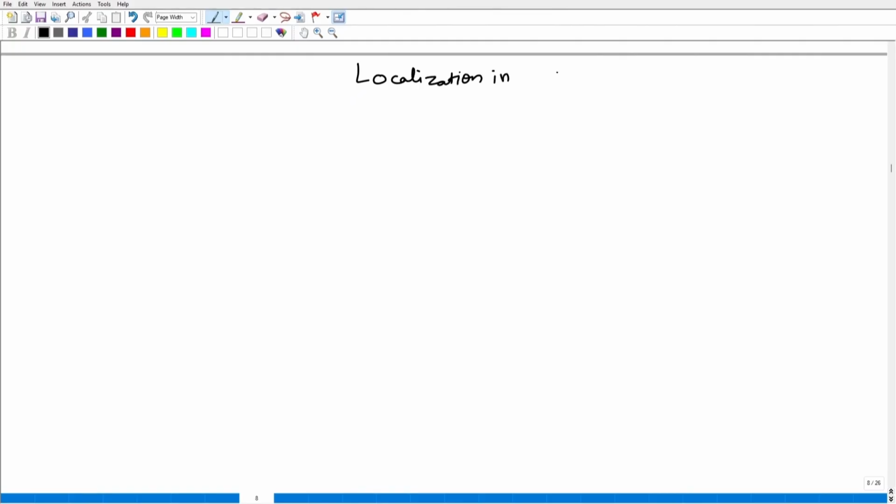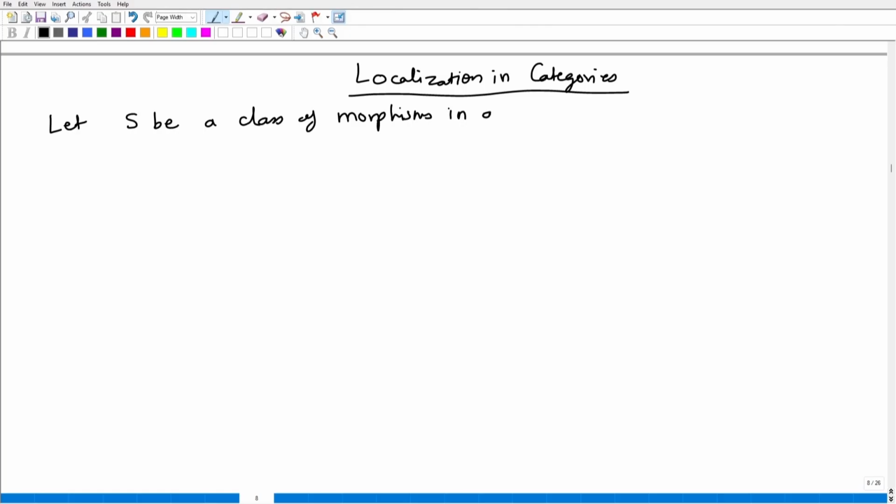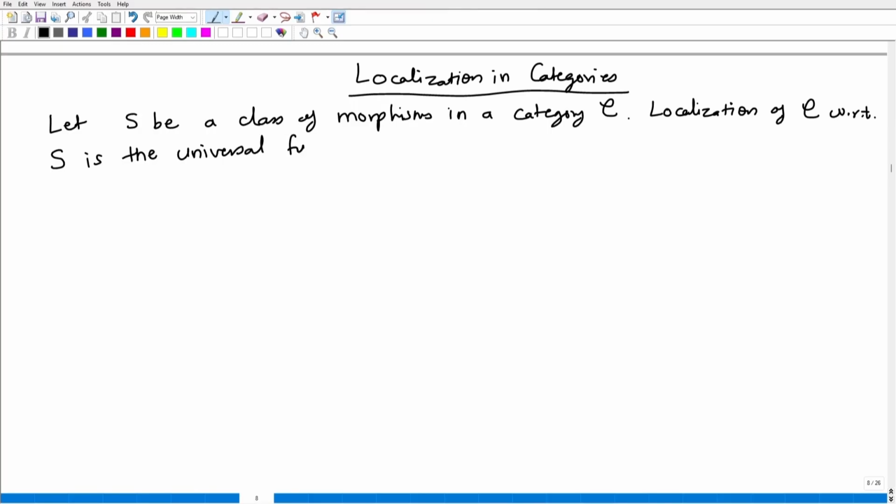Localization in categories. Okay. So let S be a class of morphisms in a category C. Here I am writing just the usual Roman S. Let S be a class of morphisms in a category C. Localization of C with respect to S is the universal functor C to S inverse C